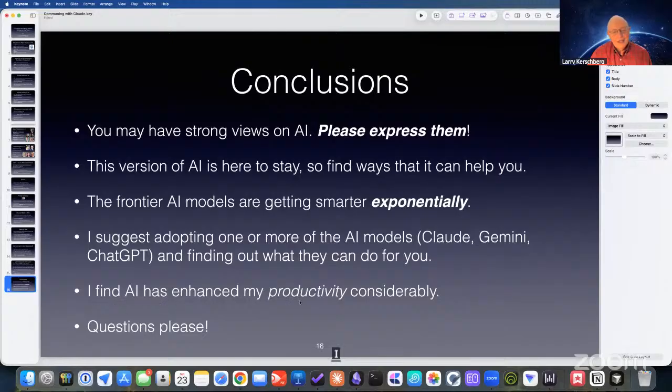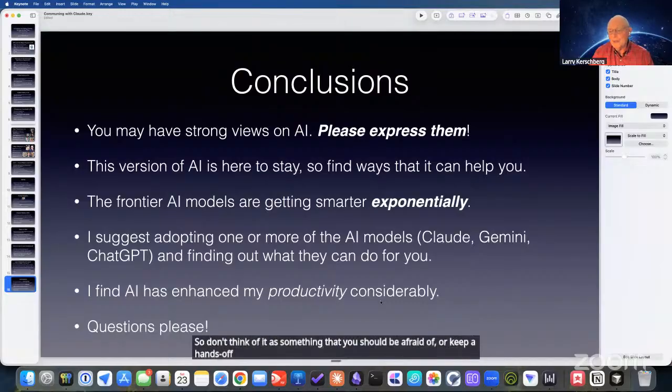I find AI has enhanced my productivity considerably. Now, I'm retired, so why worry about it? But we're constantly learning. Think of this as a way to learn more about your reality, about what interests you, through a partnership with AI. So don't think of it as something that you should be afraid of or keep a hands-off view, but just